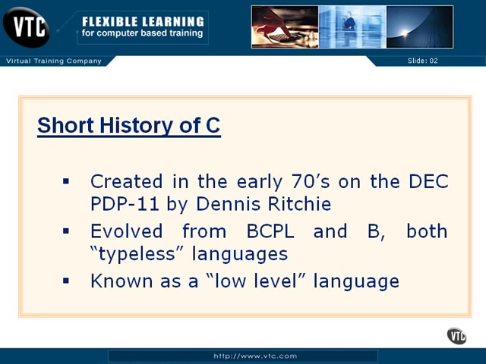The C language is known as a low-level language because it fits more closely with the actual machine itself and the machine's language. But C is not so tightly coupled to the machine that it's not portable. C is very portable. The C compilers are available from everything from a palm-top device to a mainframe. So even though it's a low-level language, it is very available.